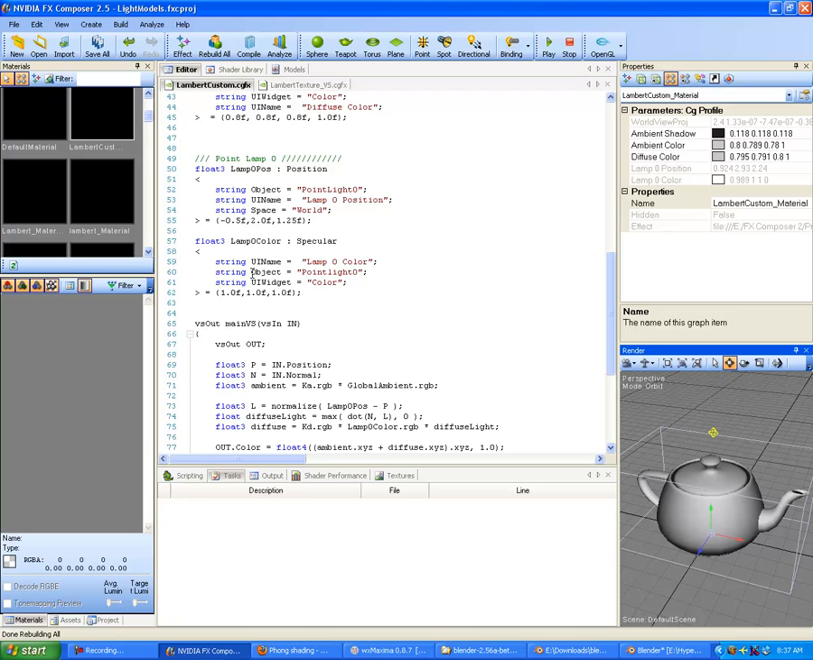Alright, so we have string, space, object with a capital O here, equals, in quotes here, PointLight0, close quotes, semicolon, and that's pointing to our light. That's important. We need to specify what light object we're talking about here. String UIWidget equals, in quotes here, Color, and then semicolon. So we're saying it's going to be tied into the actual color attribute here. Then a closing greater than sign here equals, in an opening curly brace, 1.0f, comma, 1.0f, comma, 1.0f,